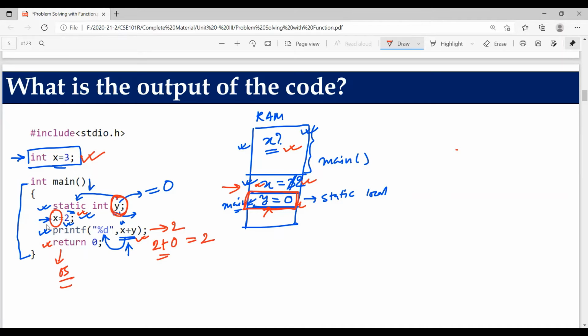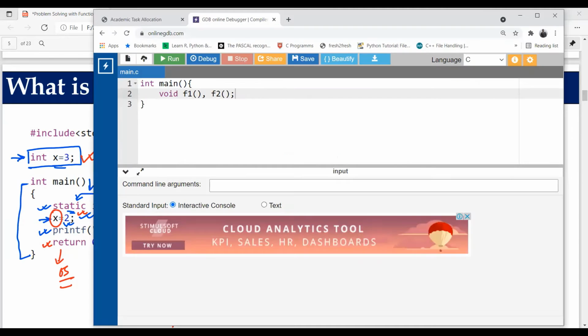Let me show it in the GDB compiler for static variables. Let's make a static integer a. It is not initialized, correct? So I need to check the value. We need a header file over here, hash include stdio.h.